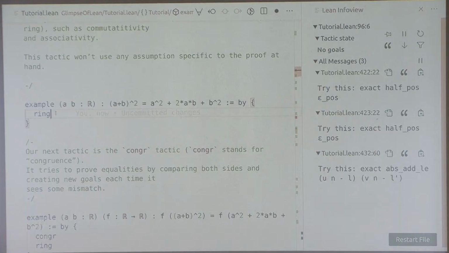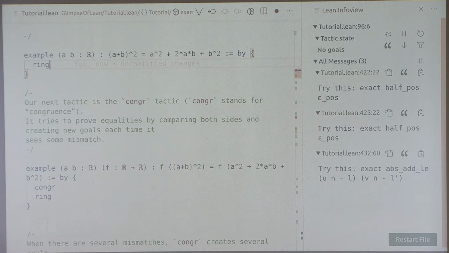However, be aware that ring doesn't apply any hypotheses that are specific to your local context. It will only apply rules that are general about addition and multiplication. Things like commutativity, associativity, a times 0 is equal to 0, things like that. And then the second tactic that you can use